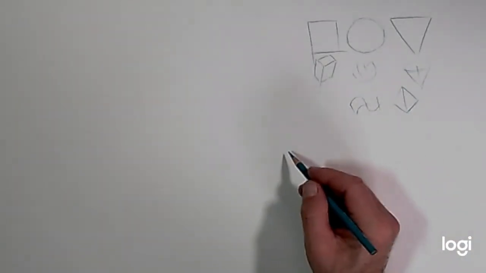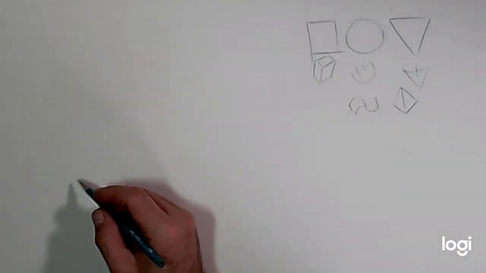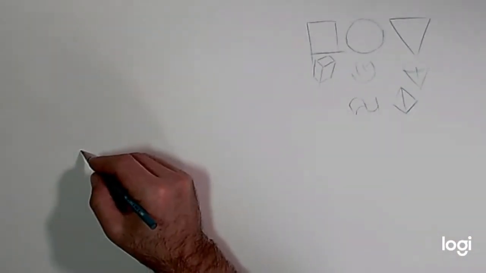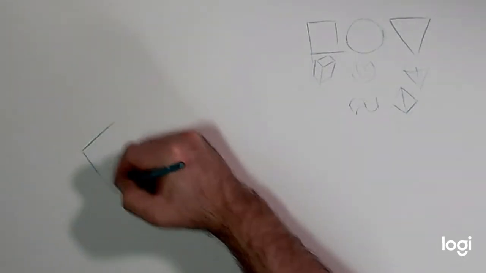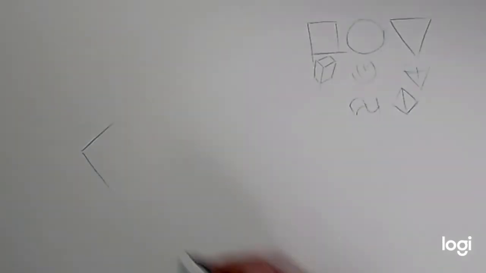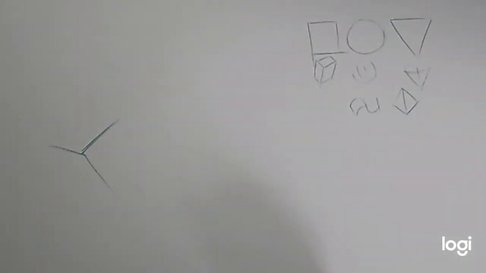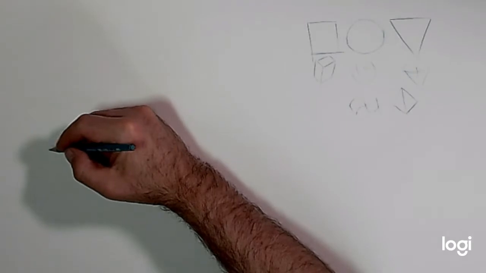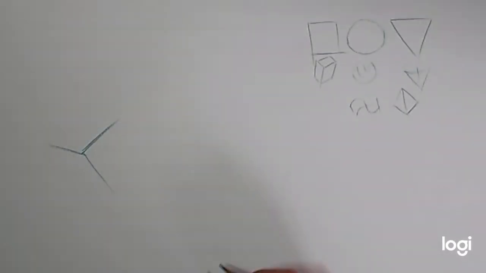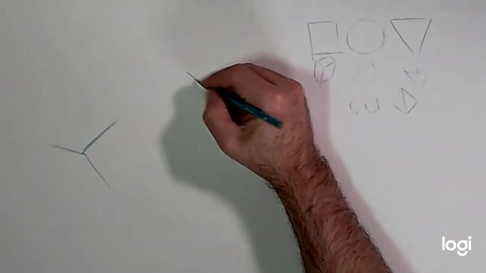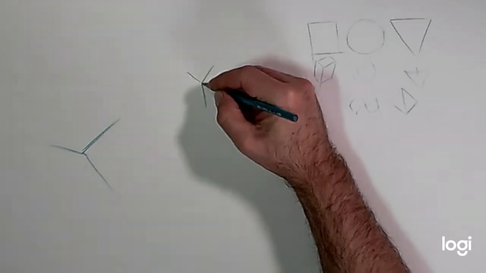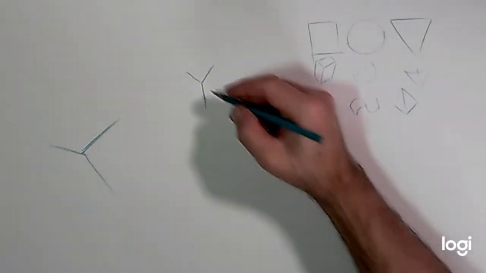The cube starts out like this. Starting with this little kind of, you can almost think of it as a Y. And then you need to add